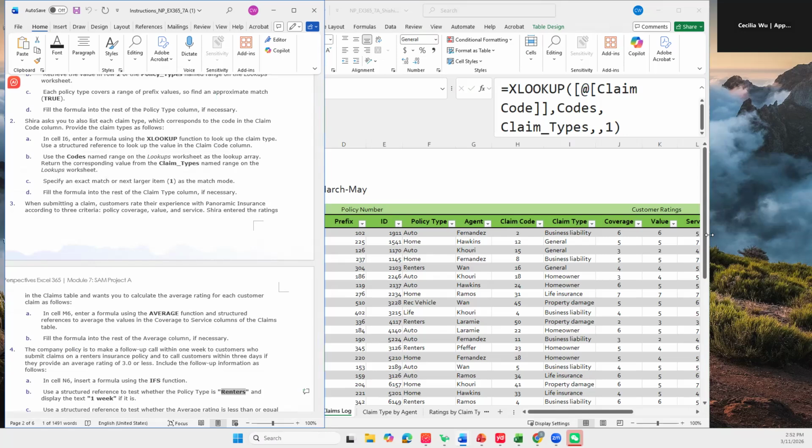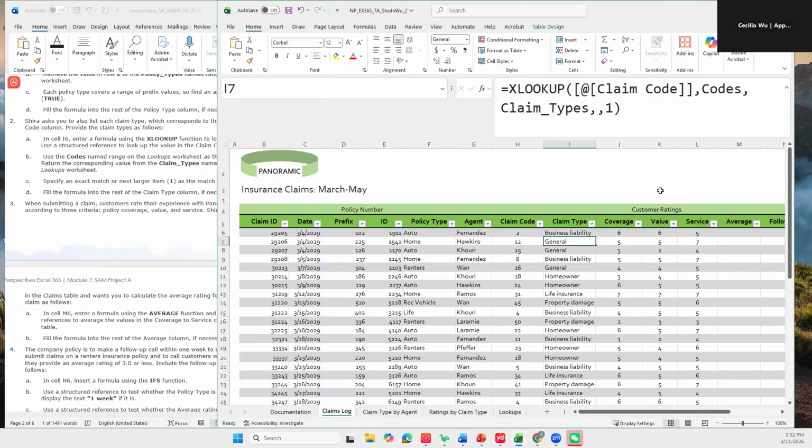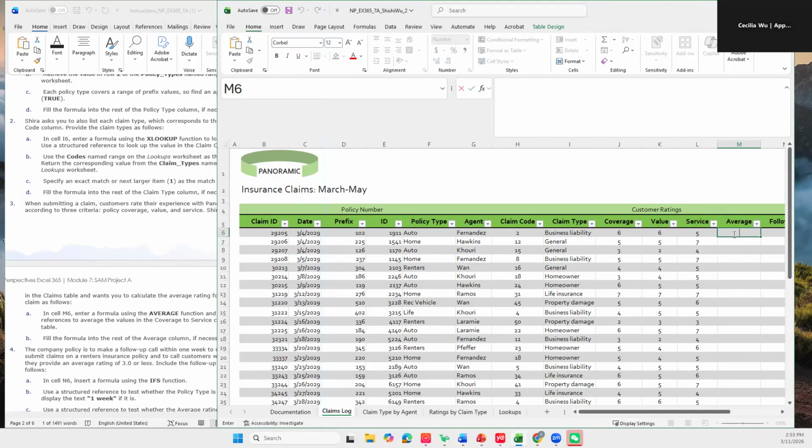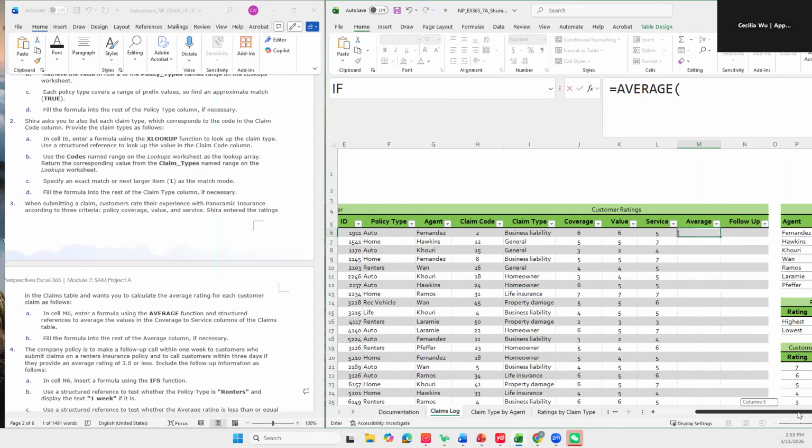We first go to the cell M6. That is where we want to apply the average function. So we double click the cell M6, start with the equal sign and put average. So that is this one, and we have the average function here. And now we want to